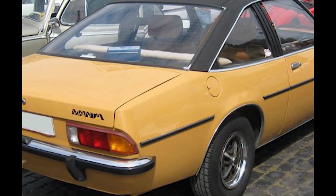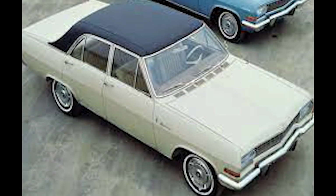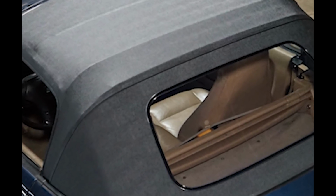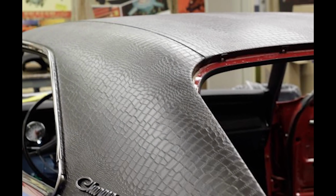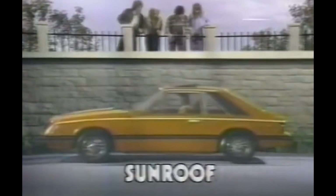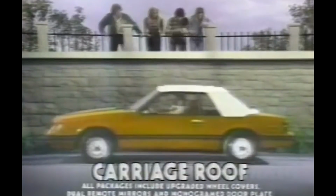Sadly, car manufacturers have a habit of cutting corners and compromising quality too often. During the 1960s and 70s, cars, usually convertibles, avoided regular tops and replaced them with vinyl ones. Getting on and off could be a hassle, not to mention the hardship in harsher weather. Mustang vinyl roofs too. Damage was too common, and they were too easy to tear, even though they are still in mild use today. It appears foolish for a modern car owner to cover their roof with plastic instead of